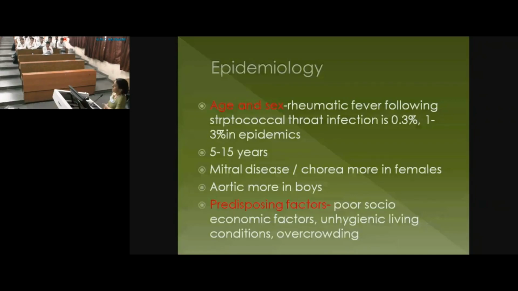The incidence is 0.3 to 3%. The main age group affected is 5 to 15 years. It is very rare to find children less than 3 years. So if a child comes to you at less than 3 to 5 years, why? Because they are not going to school and are not exposed to a lot of infections. This is the age group when children are going to school or Anganwadi or playgroup, so they get exposed to other children who have streptococcal infection. And why not beyond 15? Because by that time we expect that repeated infections have given you some degree of immunity. So it is not seen in very young and very old individuals. This is the age group which is affected.